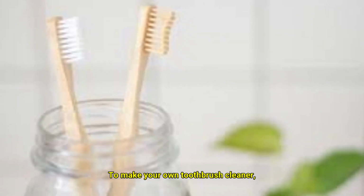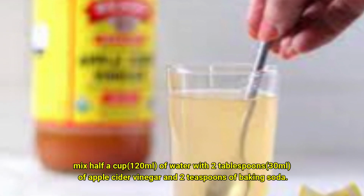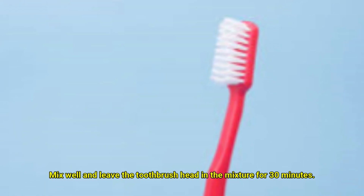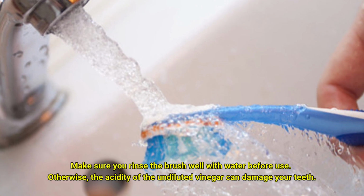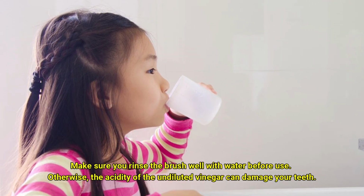To make your own toothbrush cleaner, mix half a cup (120 ml) of water with 2 tablespoons (30 ml) of apple cider vinegar and 2 teaspoons of baking soda. Mix well and leave the toothbrush head in the mixture for 30 minutes. Make sure you rinse the brush well with water before use, otherwise the acidity of undiluted vinegar can damage your